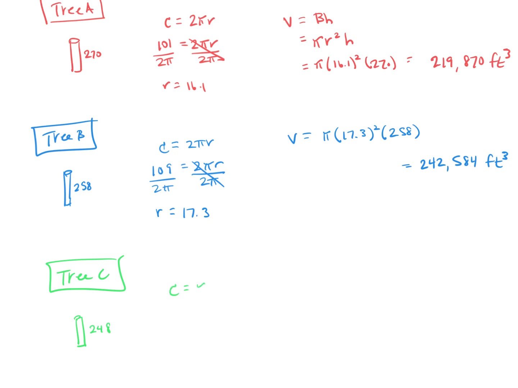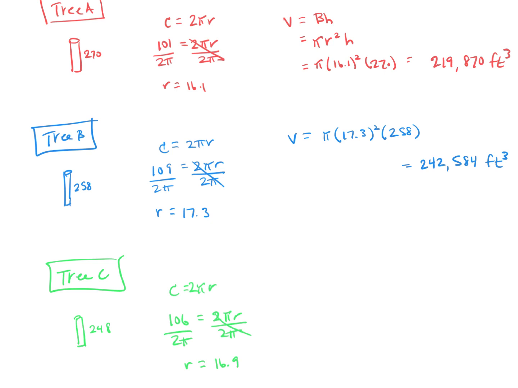So circumference equals 2 pi times your radius. Remember, we're using our circumference to help us find the radius so we can plug that into our volume formula. So the circumference of tree C is 106 equals 2 pi r. Let's divide both sides by 2 pi. So the radius of tree C is